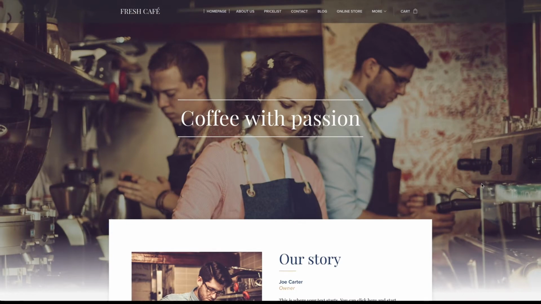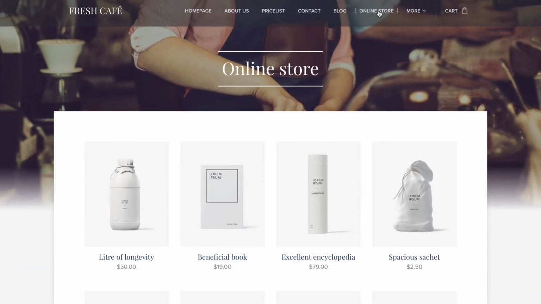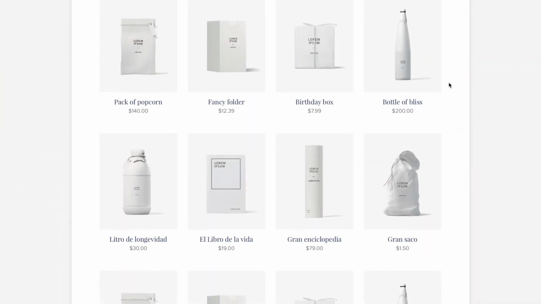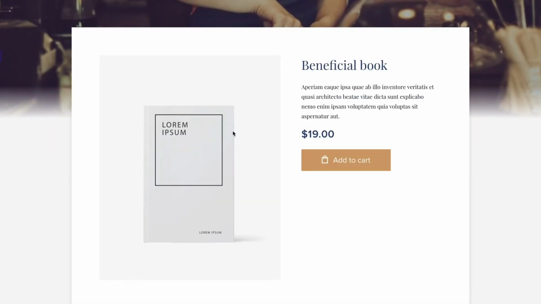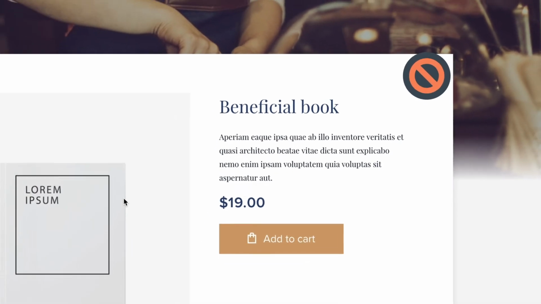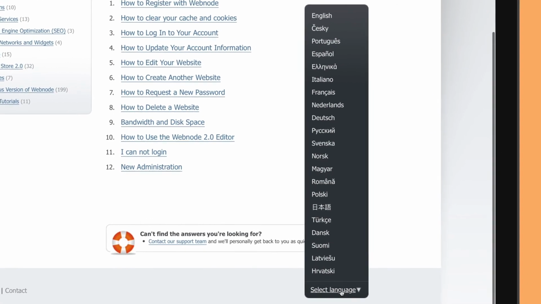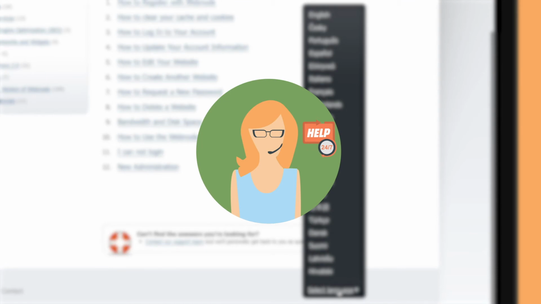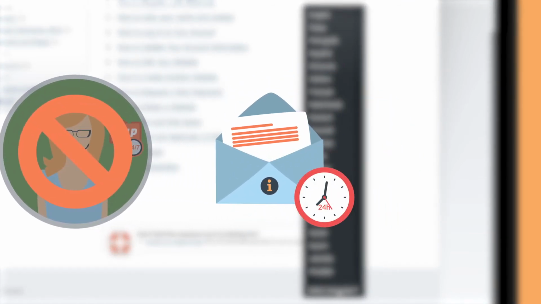It's very convenient that Webnode also features an online store. The store works fine for smaller e-commerce projects, but wouldn't be our first choice if e-commerce is at the heart of your business. Shopify and Wix are more powerful in this respect. It's also a little disappointing that it doesn't support product translations. Finally, while it's fantastic that Webnode offers support in 20 different languages, it's a pity that there's no live support. Webnode only provides help via email with a maximum turnaround of 24 hours. There's also the knowledge base, but unfortunately, it's very limited.